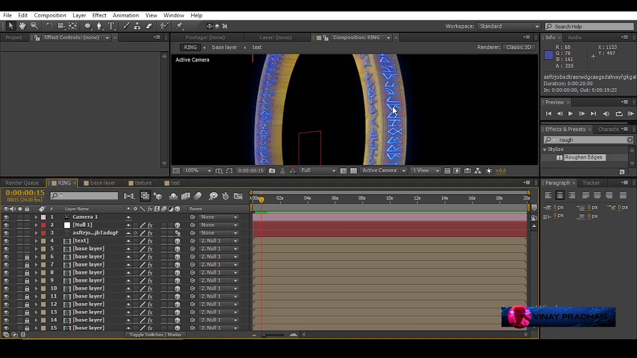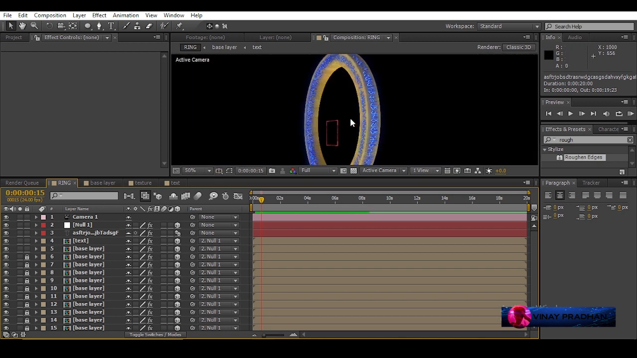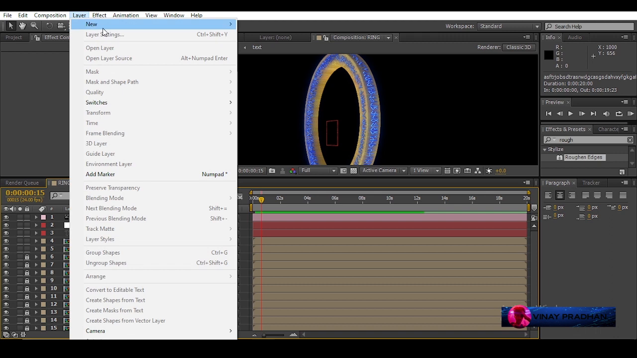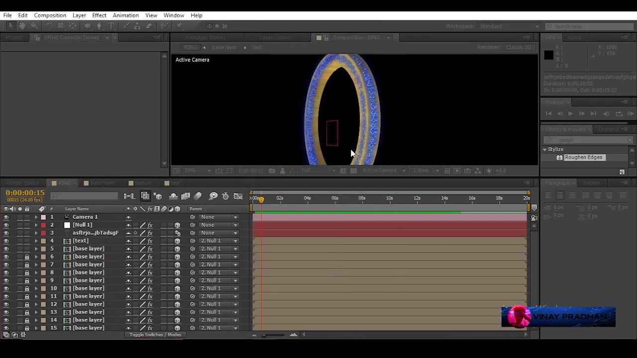Now we are done with our ring. We have completely made our ring. Now we have to look at its lighting so it looks better. For this we have to create a new light in